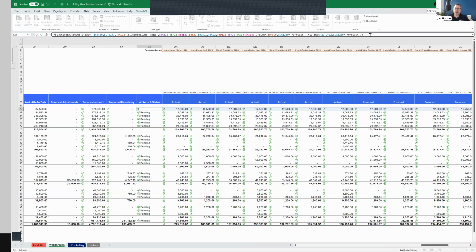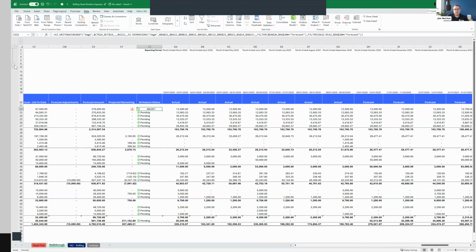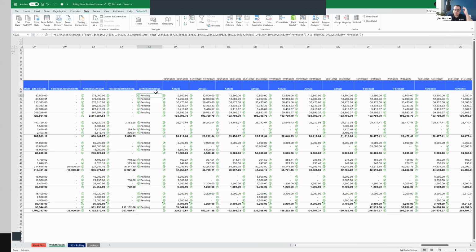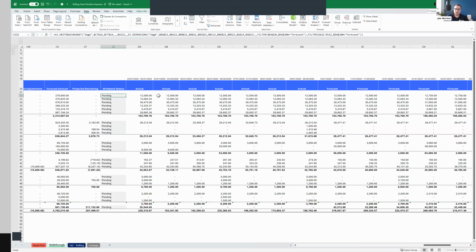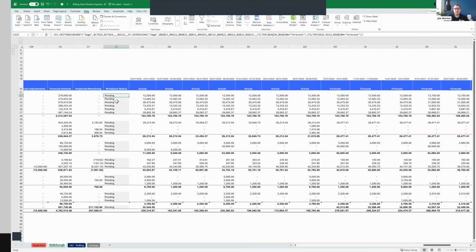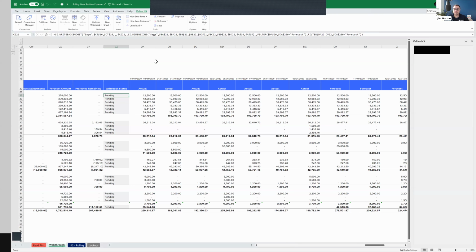So finishing that, hitting enter, we see a whole bunch of pending because we're evaluating whether or not this has been written back yet. It has not been written back yet, therefore we see pending. If I want to send this to Intacct as my updated forecast, because I have these cells that have my write back formula in them already, it is simply a matter of going to my Velixo NX ribbon, and performing write back on the current sheet.